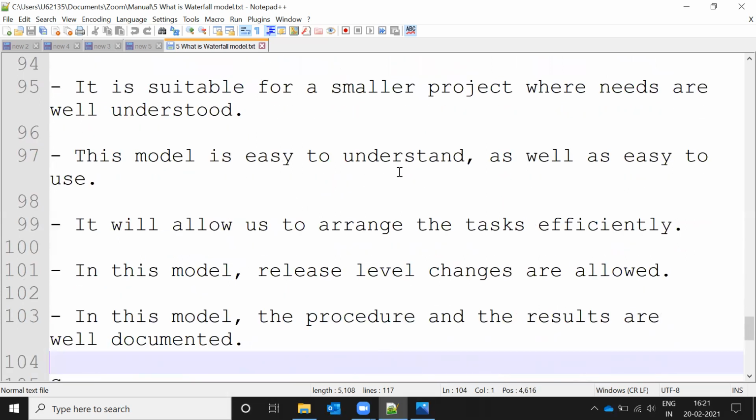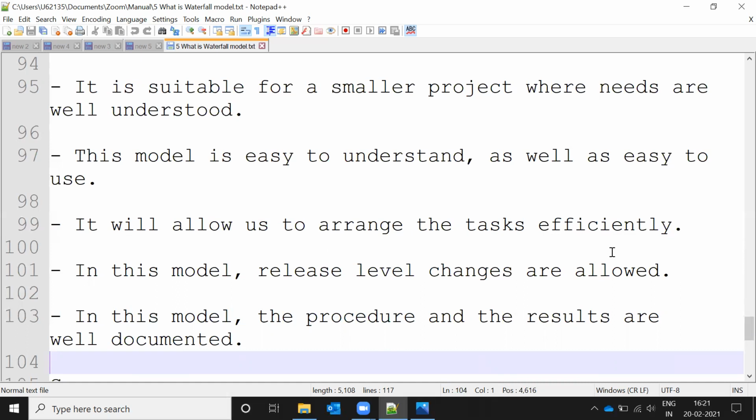This model is easy to understand as well as easy to use. It allows us to arrange tasks efficiently, because it goes in a flow and will not start in the middle of another stage. That's why it goes stage by stage, and we are able to arrange tasks effectively.